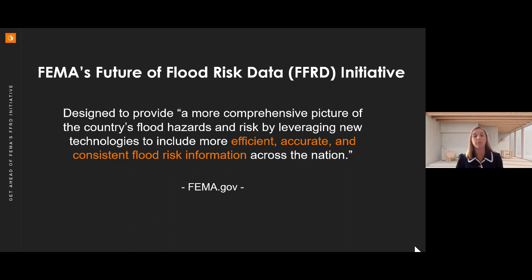Traditionally, we've developed the 1% annual chance of flooding as the basis for individuals and communities to understand their risk and to make decisions, rather than a more comprehensive picture of flood risk. So as more extreme events are becoming the norm, this comprehensive need is even greater. FFRD also directly complements Risk Rating 2.0.